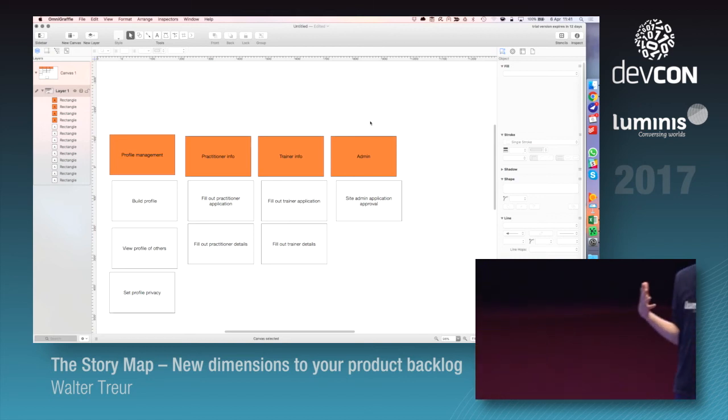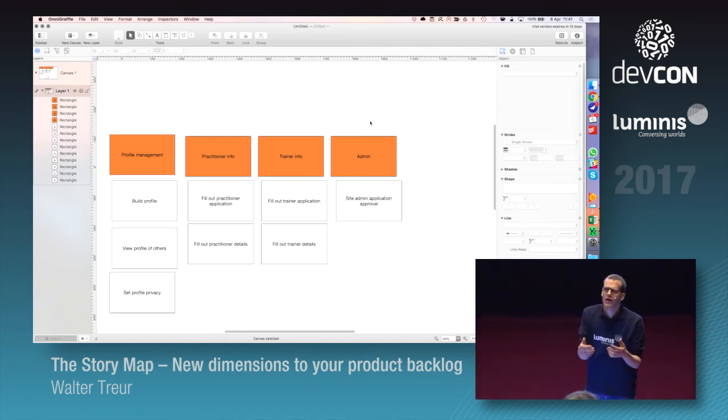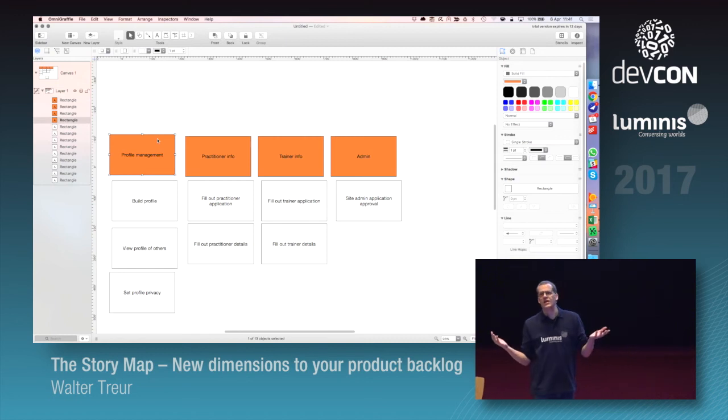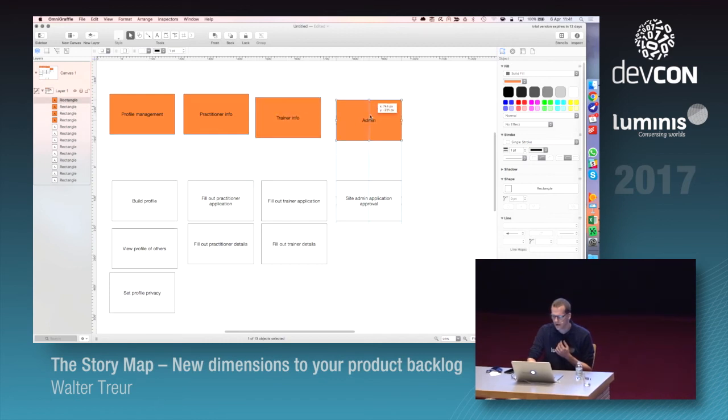And if you want to be a bit more explicit about it, we can make some user story narrative out of these 4 grapefruit richness colored sticky notes, right? We can say, as a user or as an authorized user, no, I'm sorry, as a Scrum practitioner, I want to set up my basic profile. Or as a Scrum practitioner / trainer, I want to set up my basic profile. I mean, if that will help you, you can do that. It is not strictly necessary. But if you look at it, we have profile management, practitioner info, trainer info, admin,